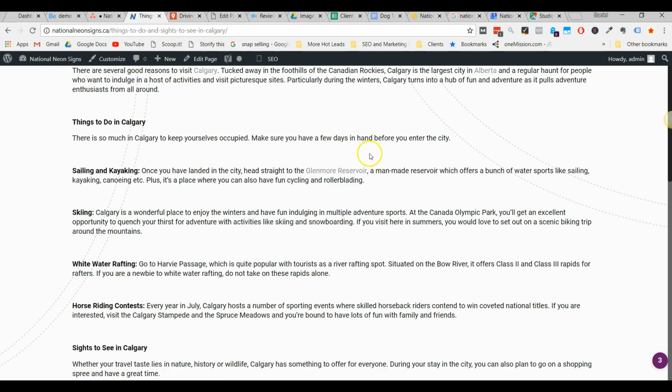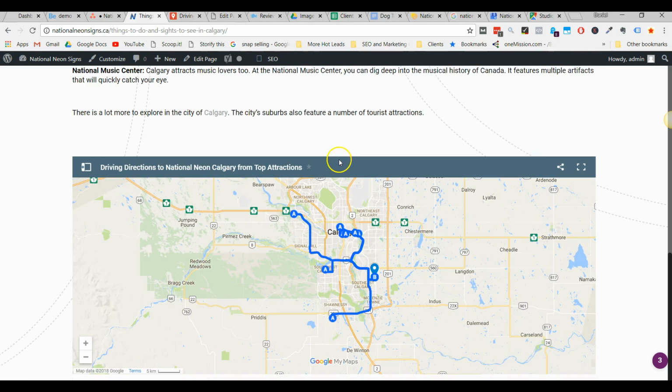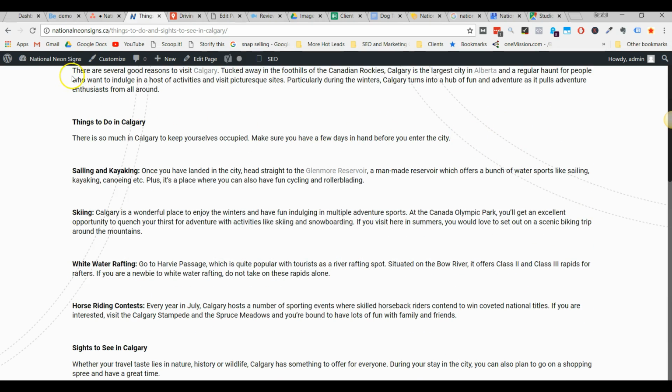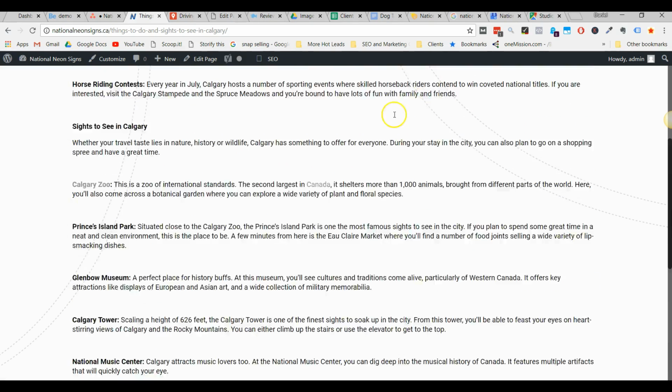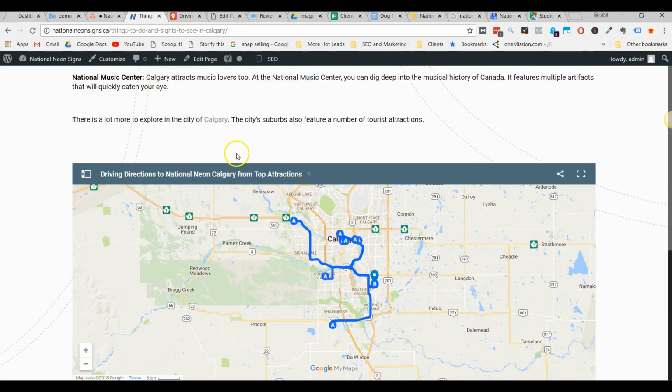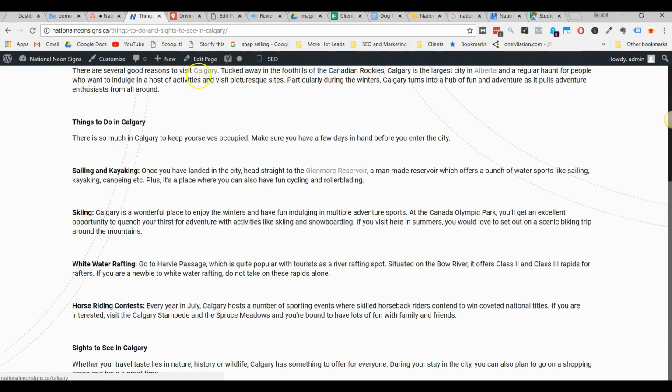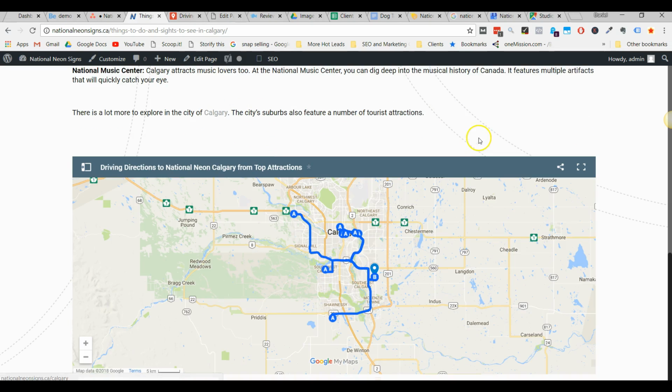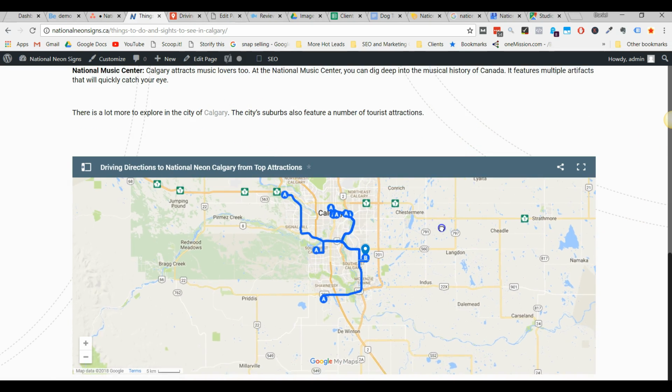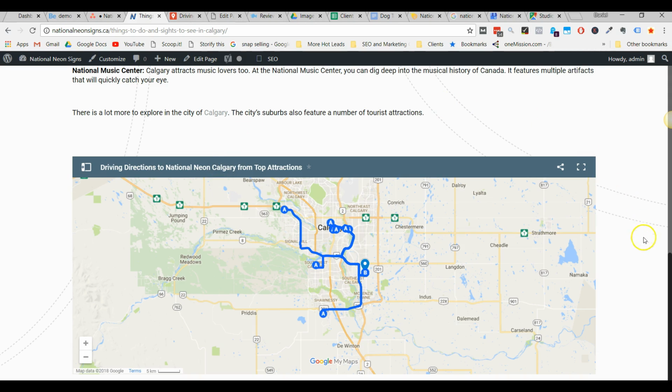So the blank page template doesn't include a header or a footer. It's just the content. What we might need to do is add the title to it as well. So I will fix that, but as you see, it's just the content. We don't want to confuse it. This page is solely about Calgary, and it's linking to the Calgary page here and here. It includes a nice geo-relevant map with all of the locations that are mentioned on there as well,